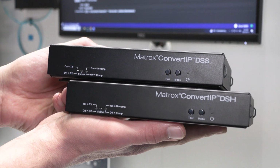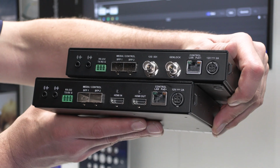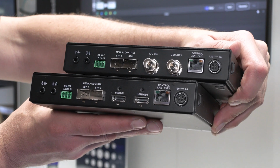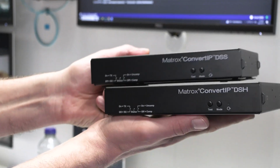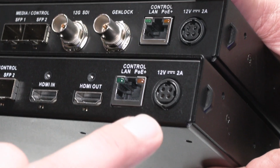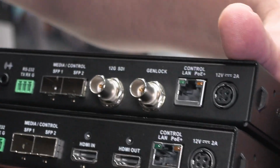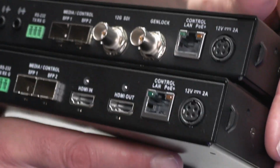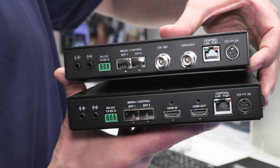So those are two of the 6 different models that are available, and the customer will choose the one that suits their requirements. We can put 3G SDI, 12G SDI. They can support 1 gig, 10 gig, or 25 gig network connectivity as well. So it's got independent power supplies, or you can run it over PoE, so it makes it very convenient to use. They can be used to either encode or decode, so they can be used in either direction depending on